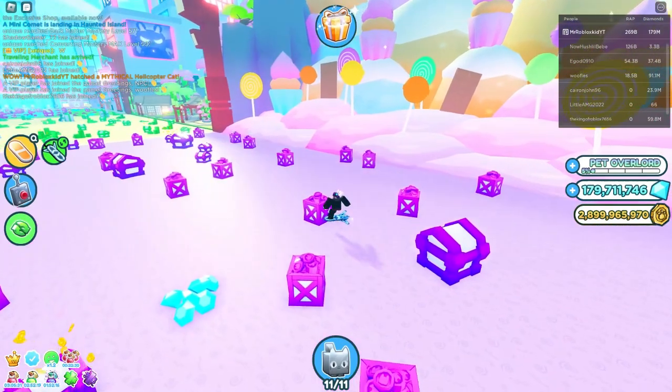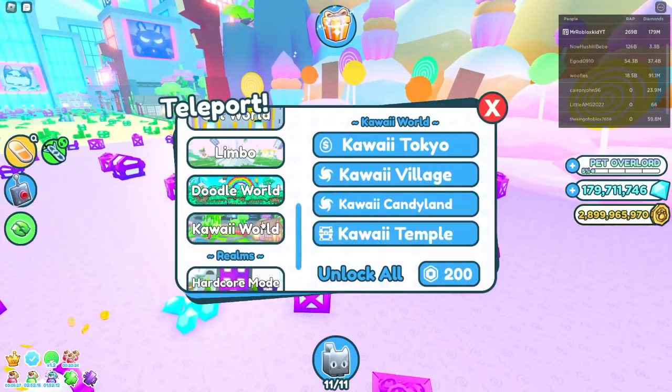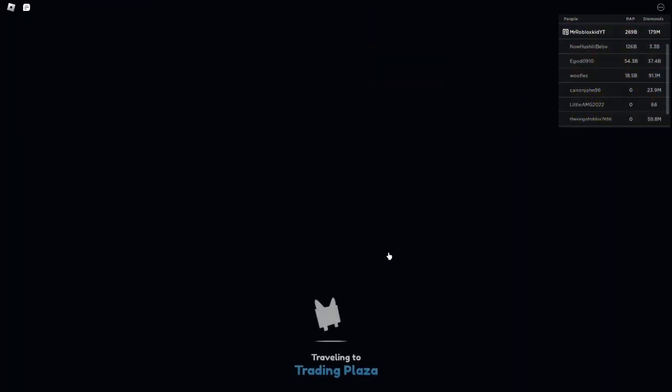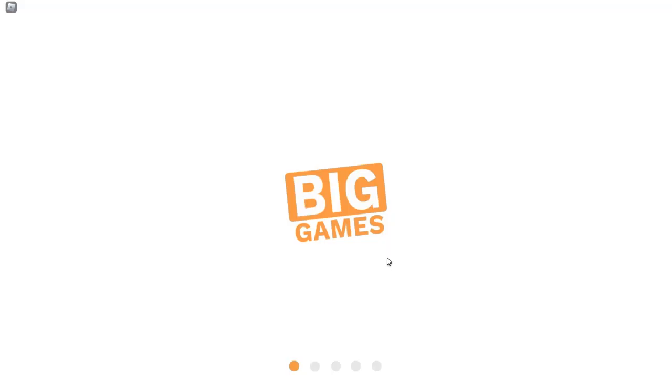Now, if you're low and you don't want to farm these doodle coins, you can use the daycare. The daycare usually gives you a lot. And then this one, this is the most classic way. Going into a server and just trading. Now, people do accept diamonds. So if you're able to grind diamonds in a way,